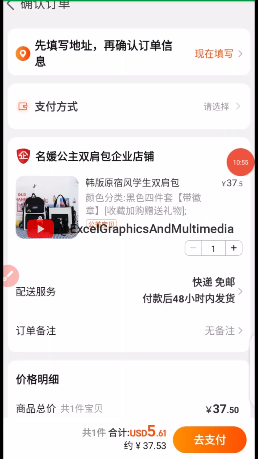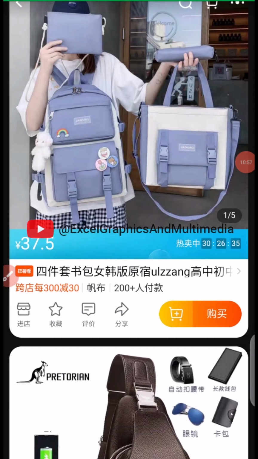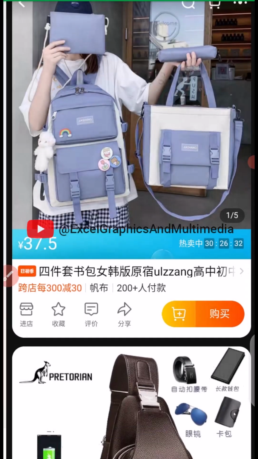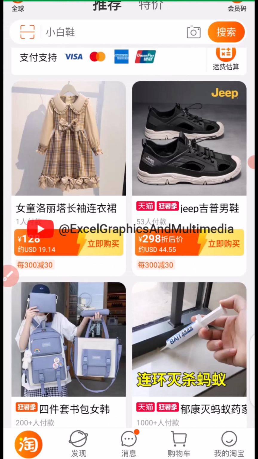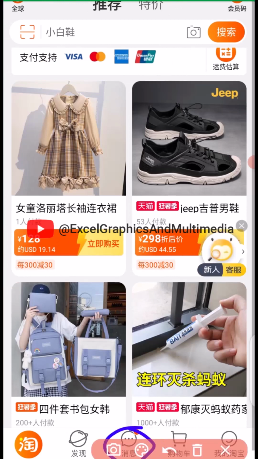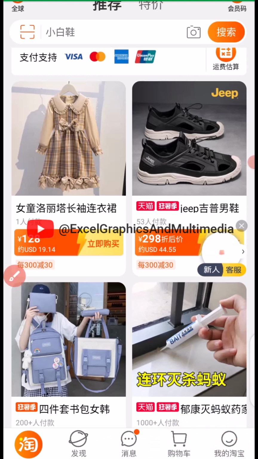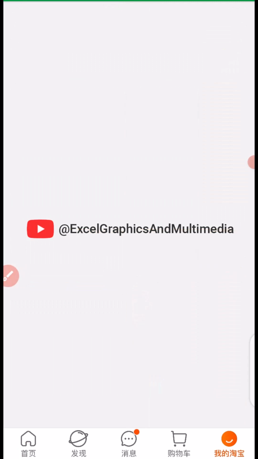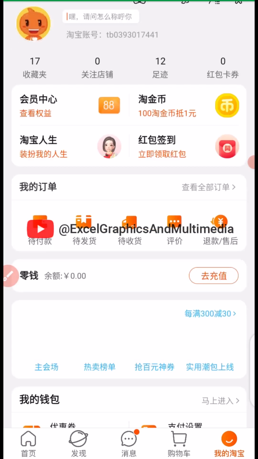So let's quickly go back home and let me explain some of the things you need to know about Taobao from your profile dashboard. All right, so like I said earlier, this is your chat box here. This is your cart, the product you have in cart, and right here is where you access your profile. So if I click on here now to access my profile, you are going to see some information that you need to understand as far as Taobao is concerned. Okay, at this point here,